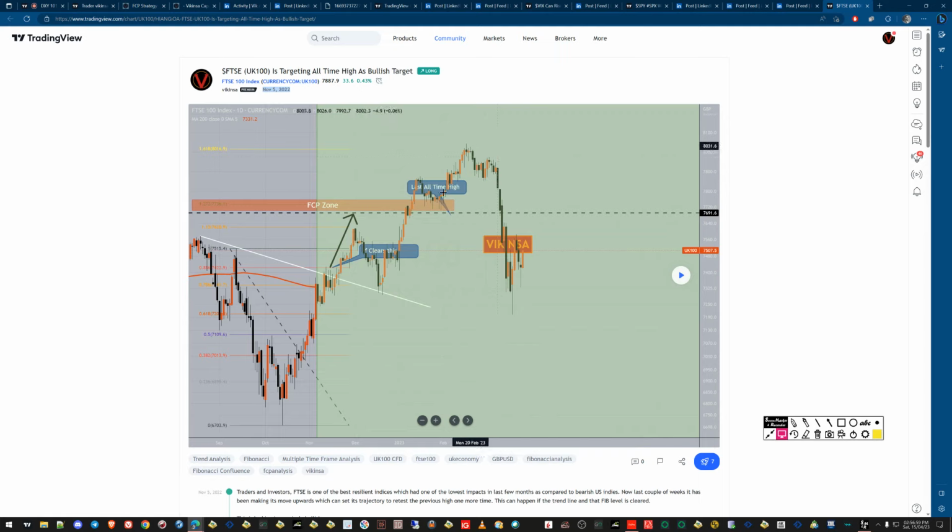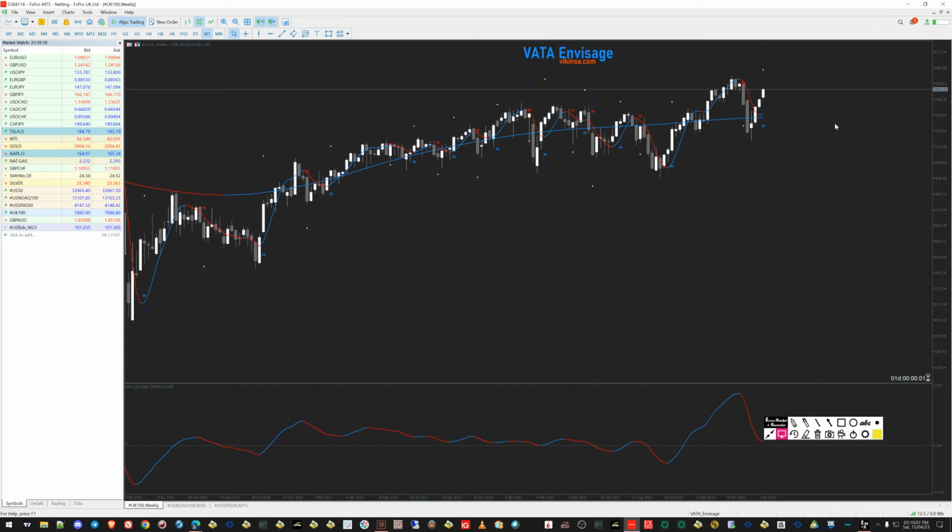The market went to 8,000. It actually went to a much higher level. Now it can still go back to 8,000, and in fact, I mentioned in our Discord room that FTSE can actually go to 8,200 or 8,400 as well, if certain conditions are met. So we are already bullish.